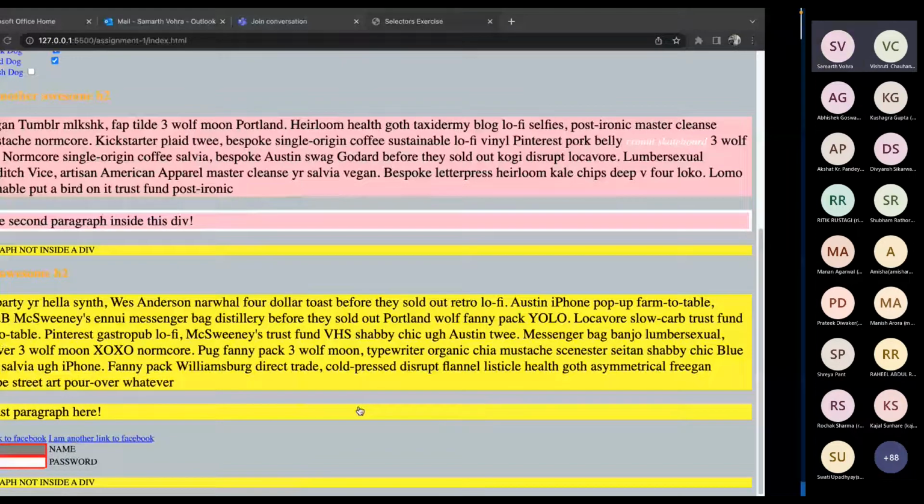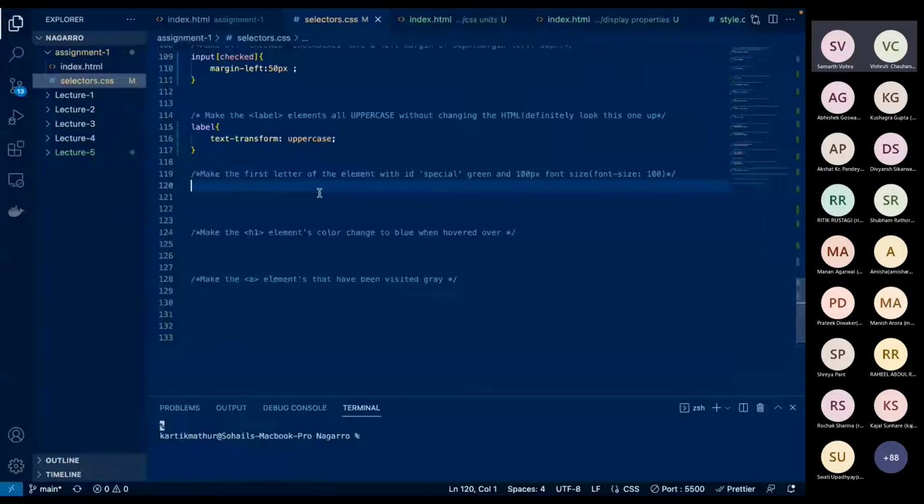Now we need to make the first letter of the element with the ID special. Okay, so we have ID special. Inside the special, I need to